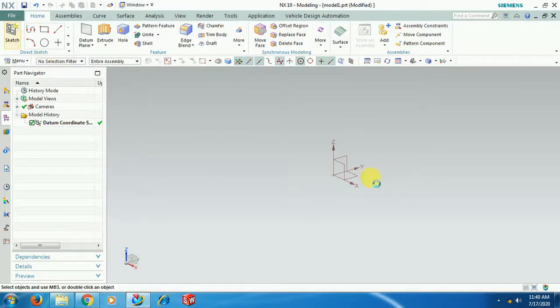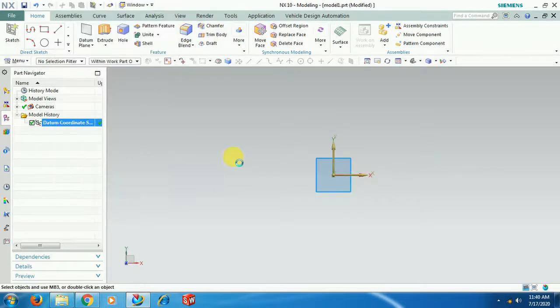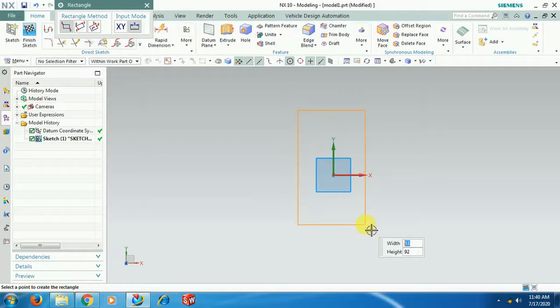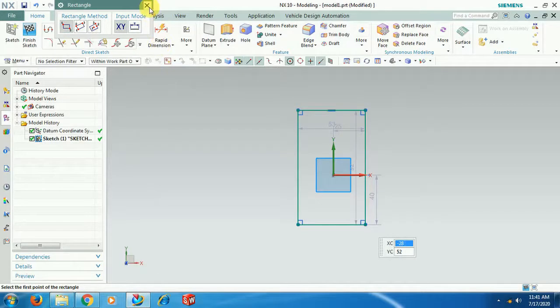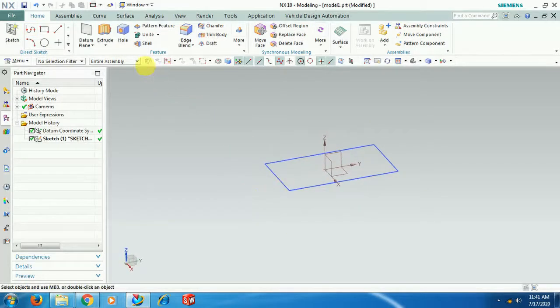Go to sketch. Selected plane. A rectangle taken. Finish sketch. I extrude.